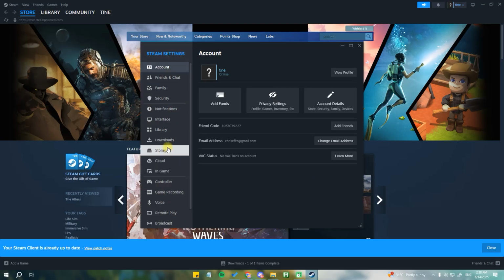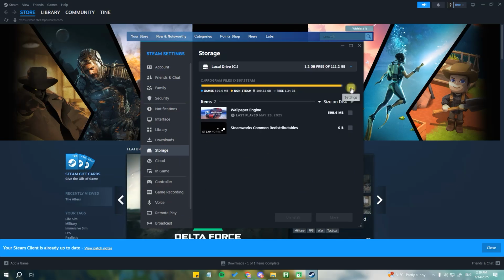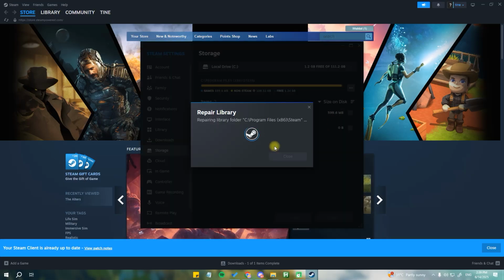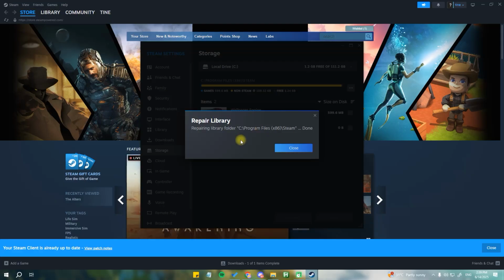From here, let's click on storage, and at the right hand side, you can see 3 dots, so click on that one and click on repair library. This will help us know if there are any corrupted files of your games, and once it is done, just